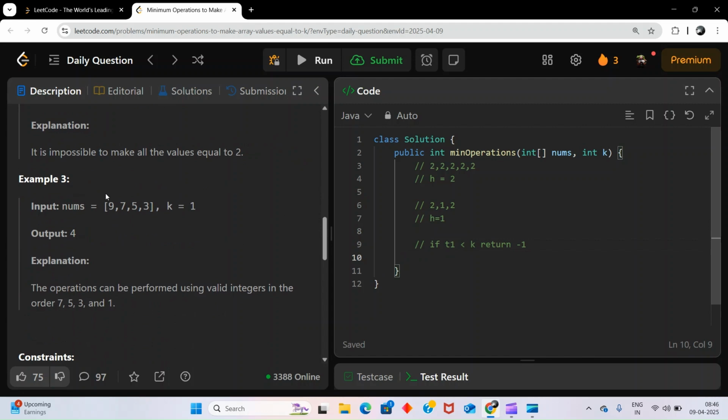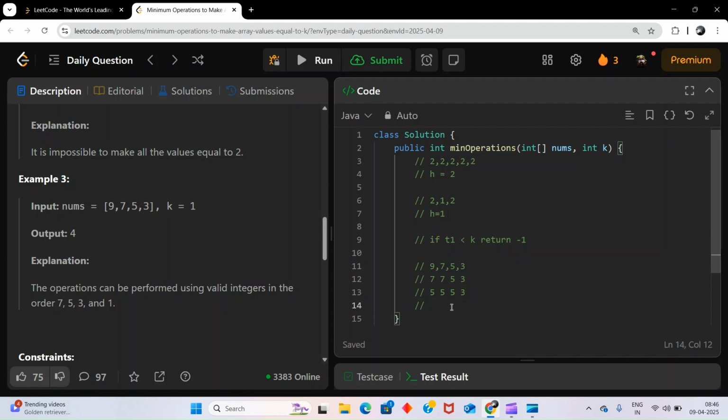Now next, if we see this example, 9, 5, 5, 3. If we select the first element as 7 also, we can make greater than 7, which is the number 9, equal, so 7, 7, 5 and 3. Now consider 5. So greater than 5 are identical, so we'll do 5, 5, 5. Now we will consider the element 3. Greater than 3 are all identical, so 3.